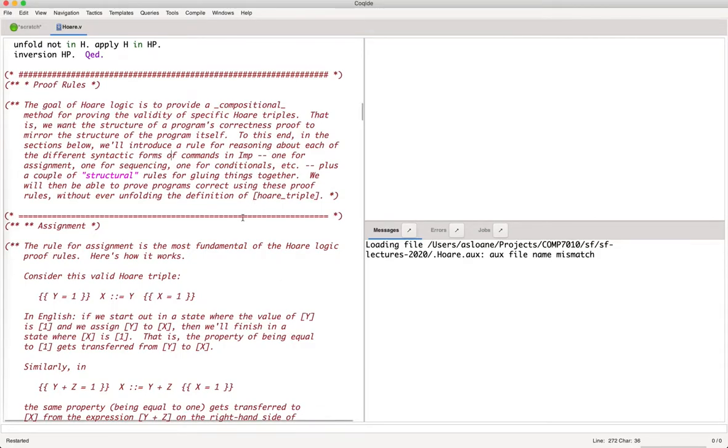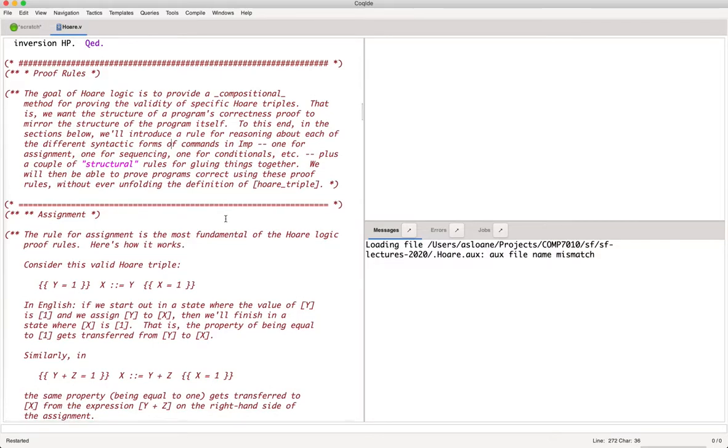Okay, so let's start talking about proof rules. Basically, in Hoare logic, the idea is that you need some way of reasoning about each different kind of construct in the language. So in this IMP language, we're really talking about reasoning about statements, commands. So what we're basically going to have to start with is a form of reasoning about each different kind of statement that we can have. In the form of valid Hoare triples, and some extra rules that help us make proofs a bit more